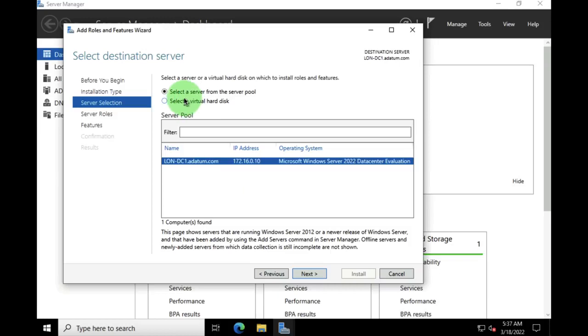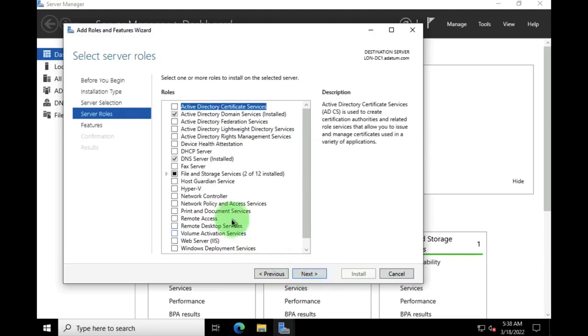So you can set this up on a server if you have a pool of servers. You can manage multiple servers here, or you can install it on a particular virtual hard disk. For the purpose of this demo, I'm just going to click on Next here. You can see at the moment we've got DNS and Active Directory Domain Services installed. Now, how did I install that? I'm going to leave that for another video because obviously there's not enough time here, but I'll certainly go through that